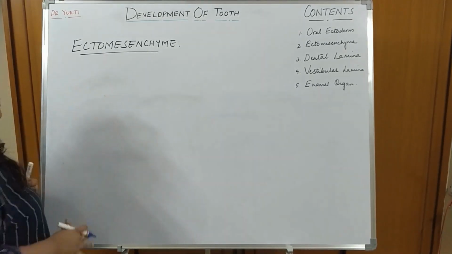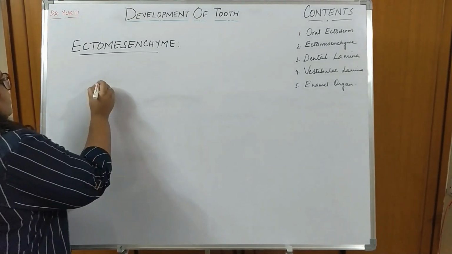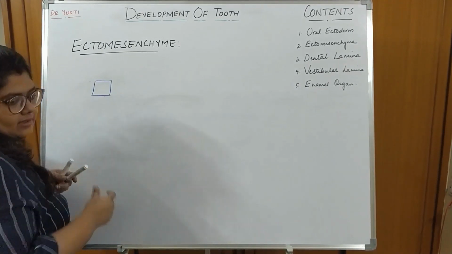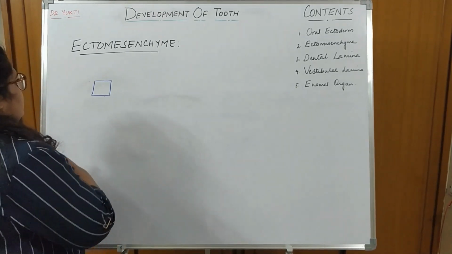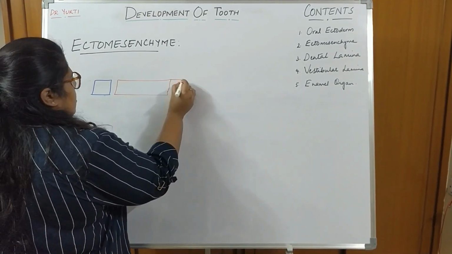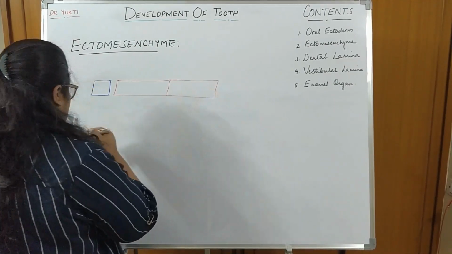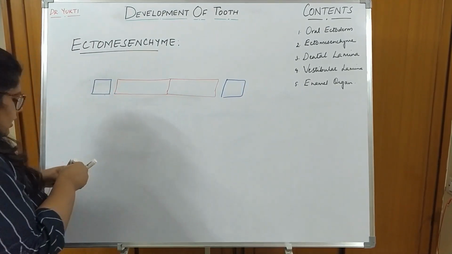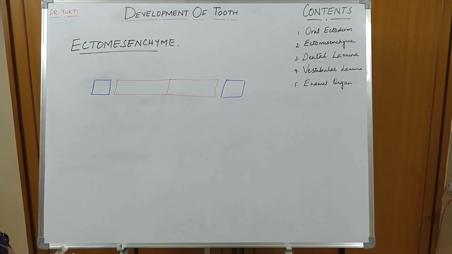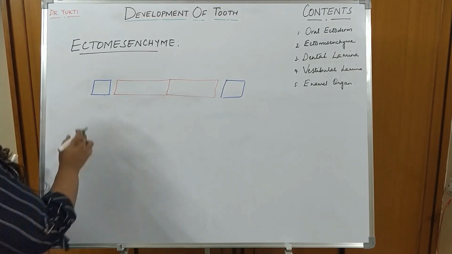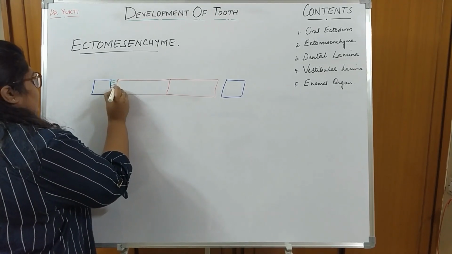So what is happening in the brain? Now we come to the brain. In the brain there is an important event that takes place, that is the neural tube formation. Okay, so this neural tube formation occurs from the neural plate. So this is the neural plate. The red color plate is nothing but the neural plate, and this blue color is the epidermis.